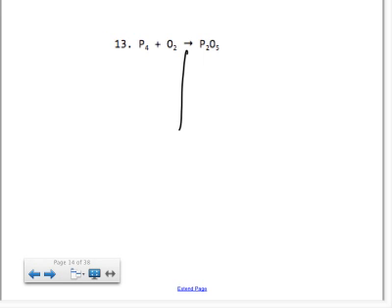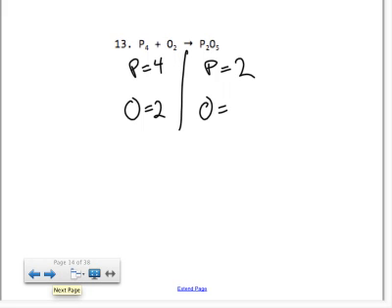First thing to do is take an inventory. We've got 4 phosphorus and 2 oxygens here. On the right we have 2 phosphorus and 5 oxygens. Okay, so we've got an odd number on the right for oxygen, we've got an even number on the left. That number is never going to be odd, so we have to look at making this one on the right